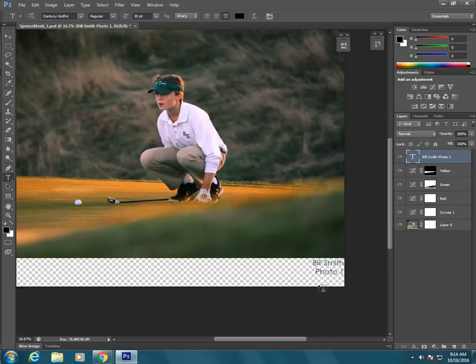And then start typing, and then use the move tool to change it if you need to. If you have any questions,